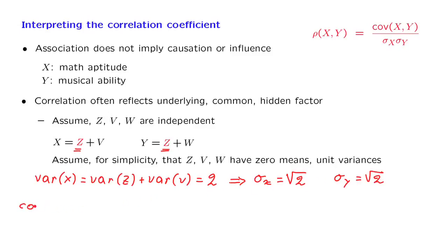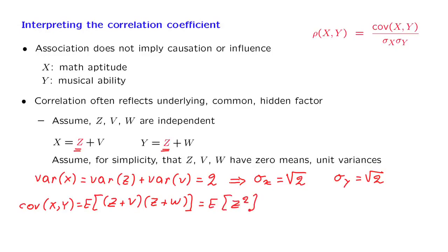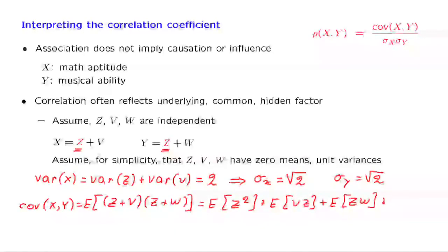Now let us look at the covariance between x and y. Because x and y have zero means, the covariance is just the expected value of the product of the two random variables, and using the definition of what these two random variables are, it's this particular product here. We expand the product into a sum of 4 terms and take the expected value of each one of the 4 terms. Which leaves us with this particular